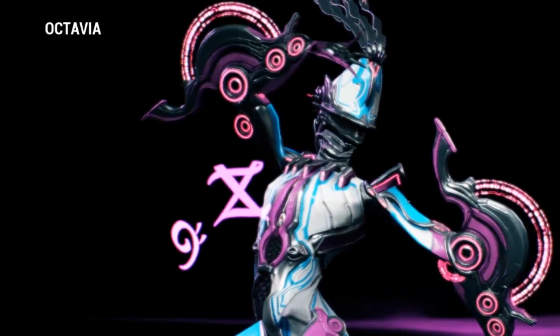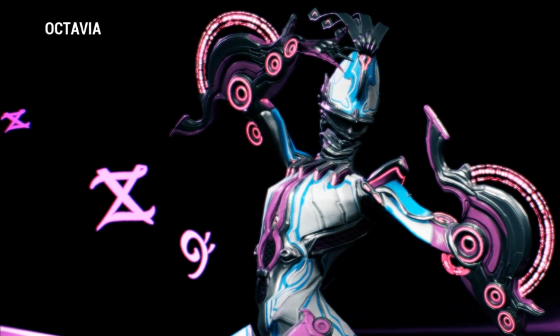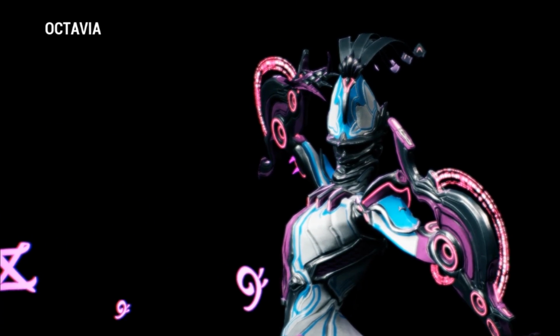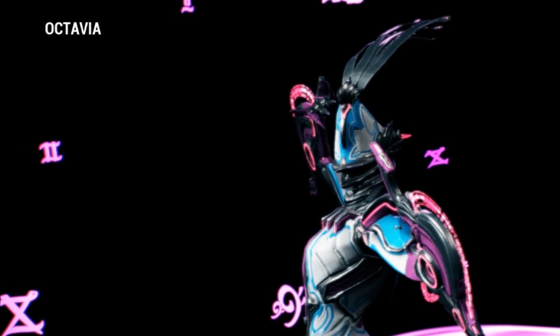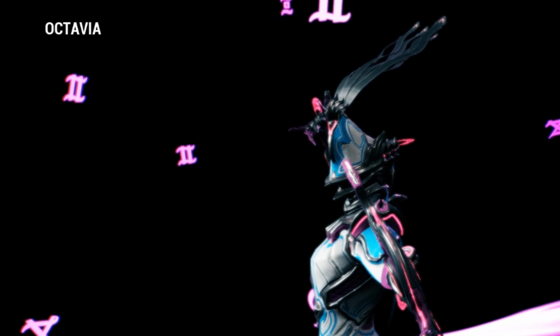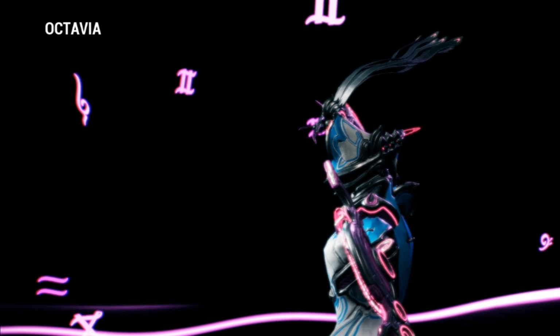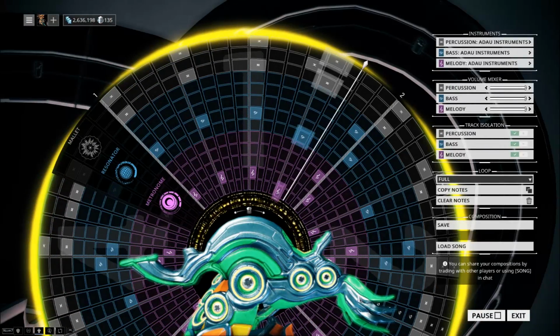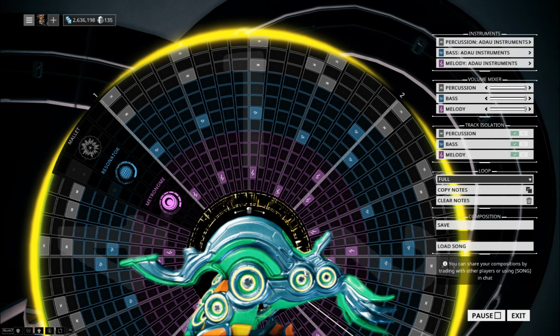This is the Wisekrakr Warframe, and today we're gonna talk about Octavia and how to use her, I guess, and how to make beautiful musical masterpieces. So we're gonna do that first. Let's build a masterpiece. So we go to our arsenal and to our appearances, and then click on the mandachord,